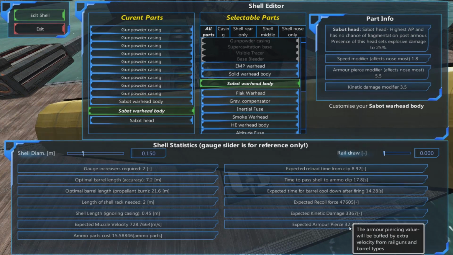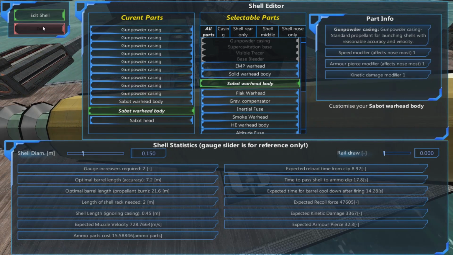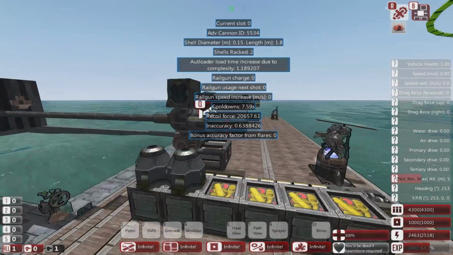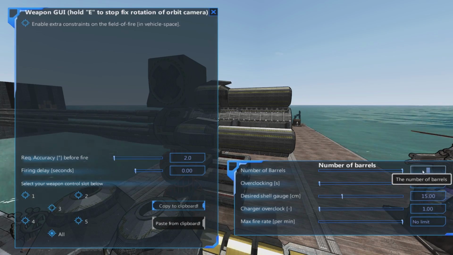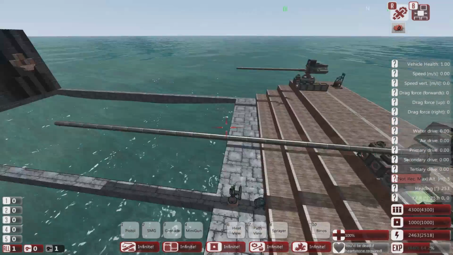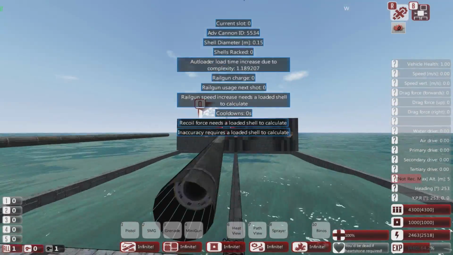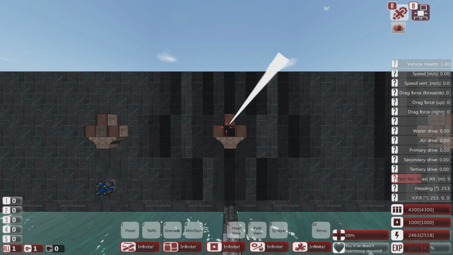So we've got armor piercing of 32, kinetic damage 33,000. So we're going to try this Sabot warhead as a high velocity Sabot. Now you could make this gun a lot longer to get that velocity up, but I don't want to go to ridiculous amounts with this particular gun. So this is a high velocity 150mm Sabot,